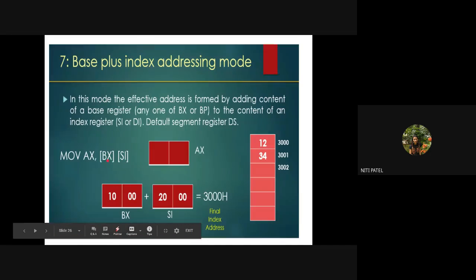Okay. Where will we get the addresses of BX and SI from? When I combine both of them. Okay. What is the address of BX? 1000 is the address. What is the address of SI? 2000 is the address. So when I add them both, what do I get? I don't get the data, but I get the address. So I have to go to the address and take the data, and then that data has to be moved inside AX. So if I want this 3001, what will I write?